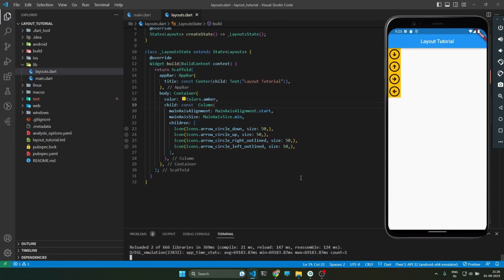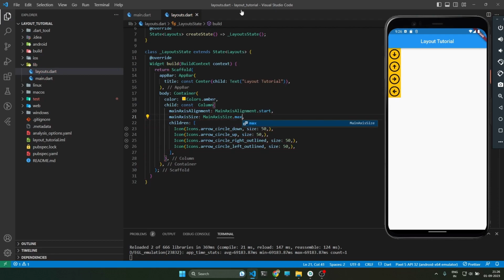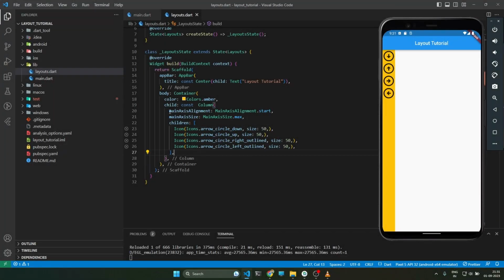Okay, yeah. So you see that the column has now shrunk down, and it is only taking the required height of how much the children are taking. So this main axis size tells the column how much the size of the main axis should be. Similarly, there is min and max. So if you do max over here, and let's refresh this, this will go to the full height, and this is quite similar to the default behavior. Okay, so now that we are done with main axis alignment and main axis size, let's now move on to